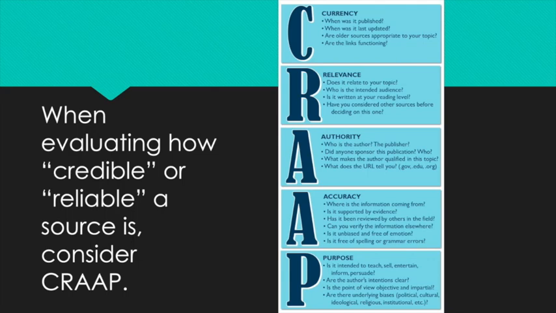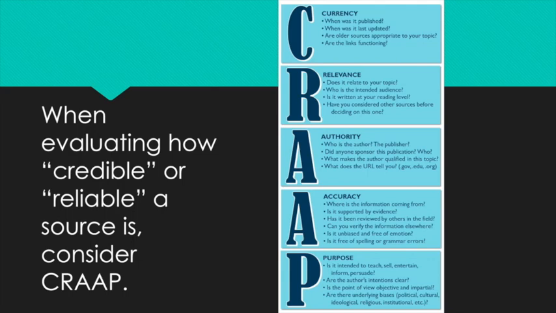Authority. Who is the author and the publisher? Did anyone sponsor the publication? What makes the author qualified on the topic? What does the URL tell you? .gov, .edu, .org are usually pretty good ones, but you want to be careful. For example, there's debate.org, and just because it's .org, it doesn't make it credible necessarily. Actually, I'm going to say don't use that at all, because it's a good place to go and get your ideas, maybe. Nothing that's not common knowledge. You're not going to cite anything from there, but it's a great place to find ideas on the arguments for and against your topic. But beyond that, you're not going to take anything from that site.